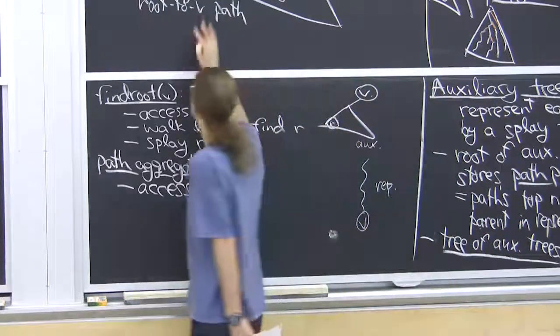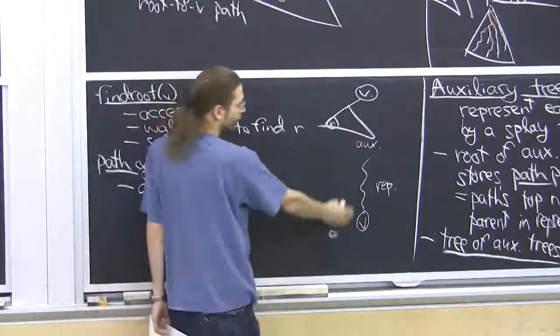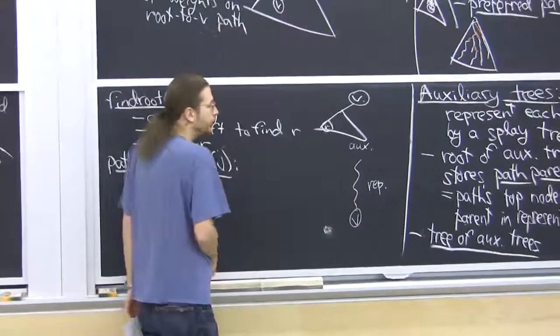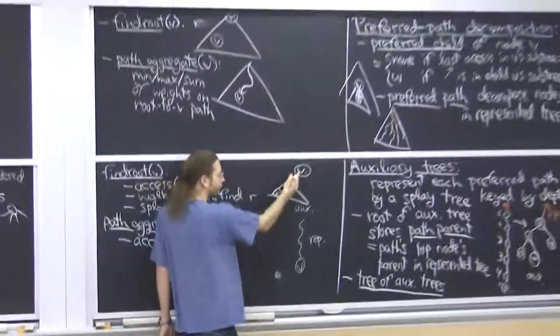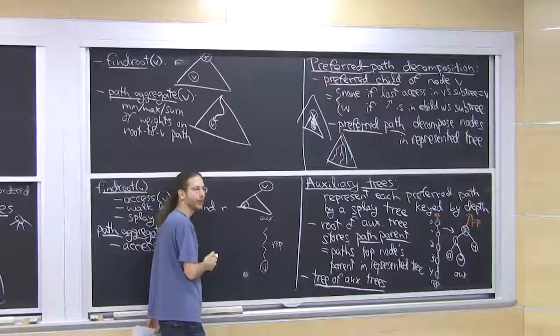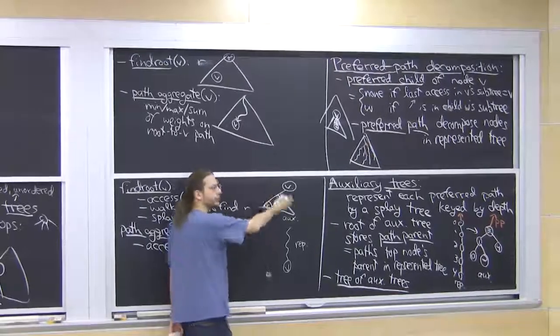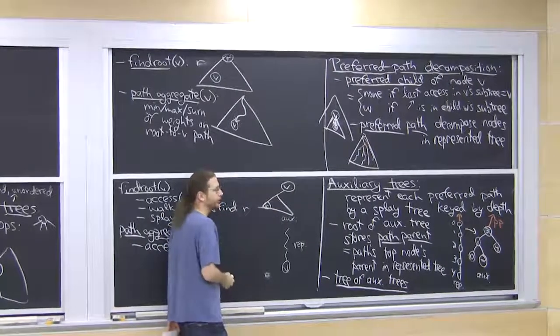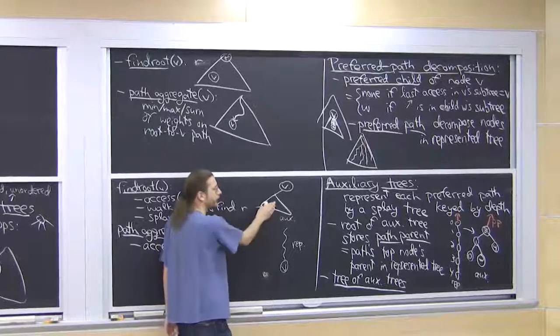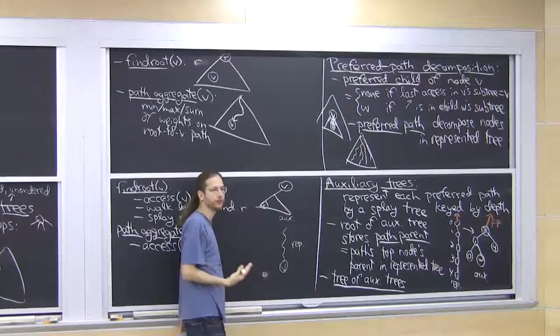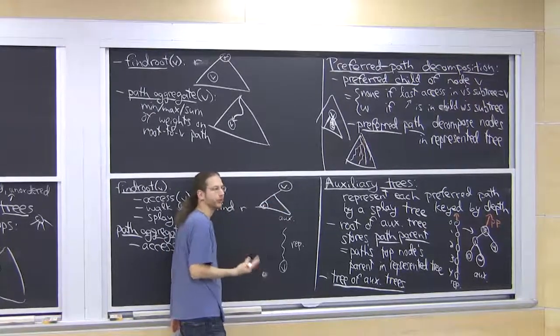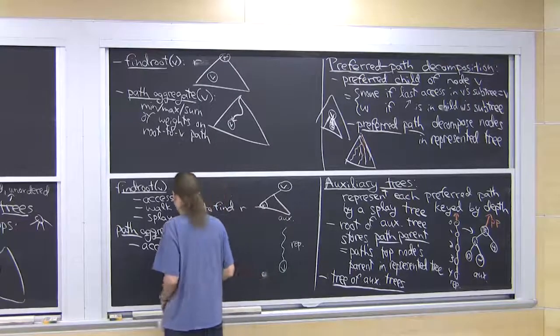And the goal of a path aggregate is to compute the min or the max or the sum over those things. So I basically have this tree that represents exactly the things I care about, and I just need to do a sum or a min or a max or whatever. So an easy way to do it is augment all the ox trees to have subtree sums or mins or maxes, whatever operations you care about. And so then it's just